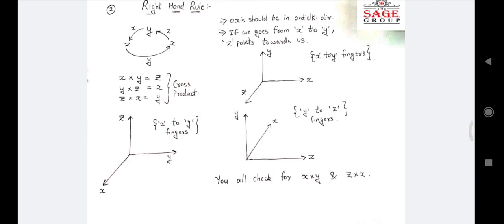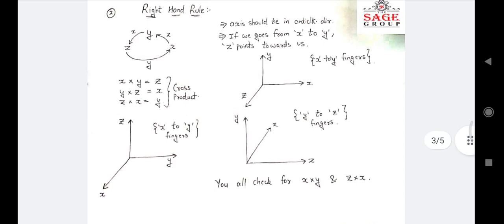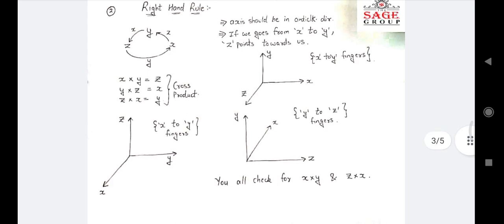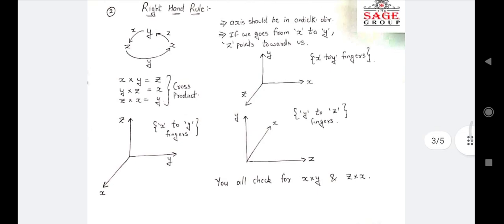Now under the right hand rule heading, you are seeing x, y, z. I have written the axes over there. This gives the anti-clockwise direction which we are using in the right hand thumb rule. We have to always follow the order. We cannot go from z to y, we cannot go from y to x. We have to go from x to y, y to z and z to x. We have to follow this order only. If we do not follow this order, we cannot apply the right hand thumb rule, and you will always mark the axes wrongly on paper.